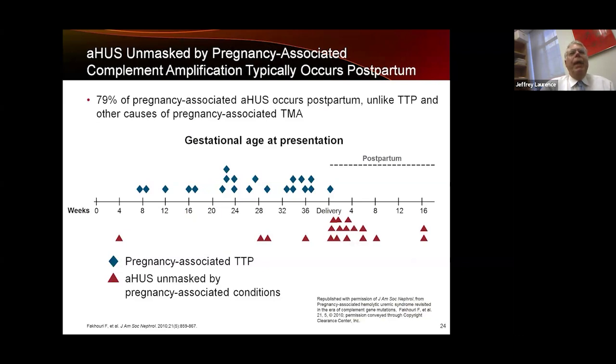In pregnancy, virtually all the cases of atypical HUS, this is from a French study, occur postpartum, what we used to call postpartum HELLP. TTP is almost only prior to delivery. And this almost never occurs in the first pregnancy. It almost always occurs in the second or the third pregnancy, because what happens after the first pregnancy? Well, you immunize against your husband's HLA. You then get an anamnestic response, and it's the second pregnancy that activates complement through high titer MHC antibodies. And that's the condition you need to watch out for.